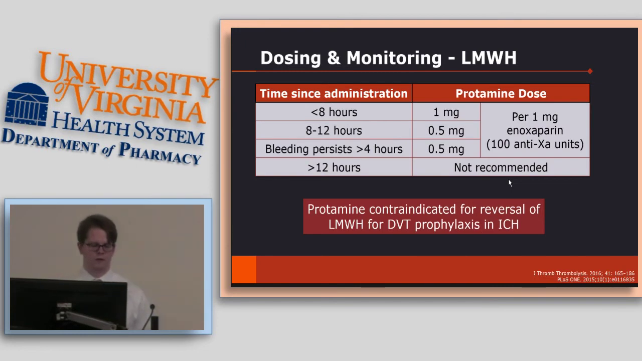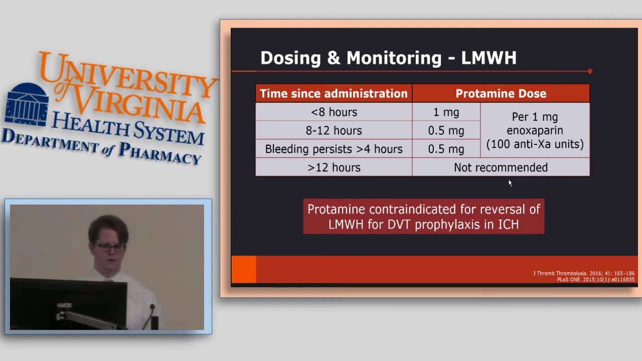So dosing of protamine for low molecular weight heparins is a little more complex than the unfractionated heparins, as the time component of since last administration is able to affect the dosing ratio used for calculating our dose. So when our low molecular weight heparin has been administered less than 8 hours, use a 1 milligram to 1 milligram ratio if it's enoxaparin, or 100 anti-10A units for the other low molecular weight heparins. When administration is 8 to 12 hours, we drop to a reduced ratio of 0.5 to 1. However,